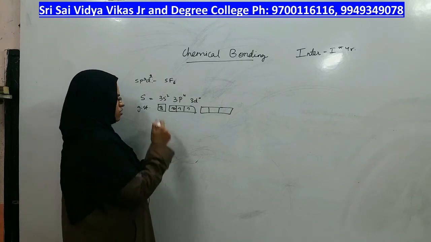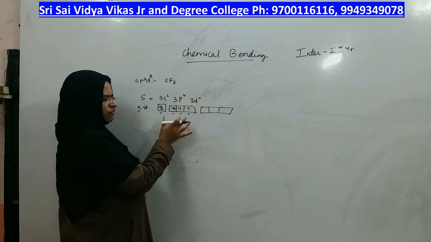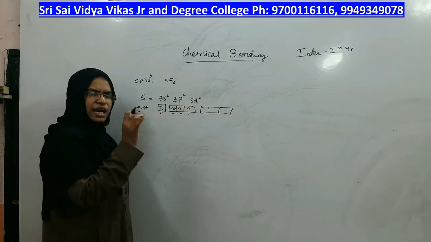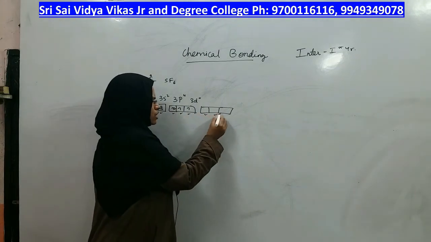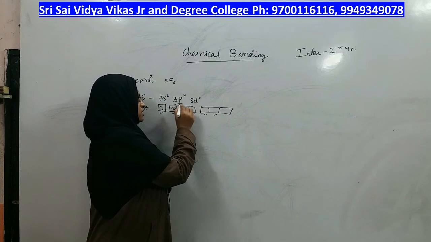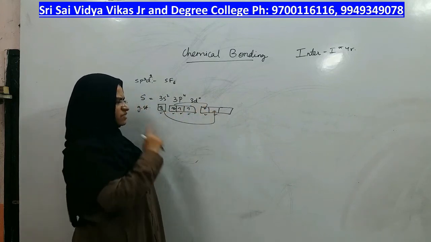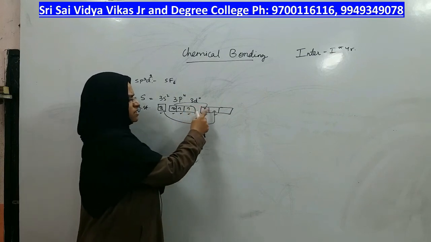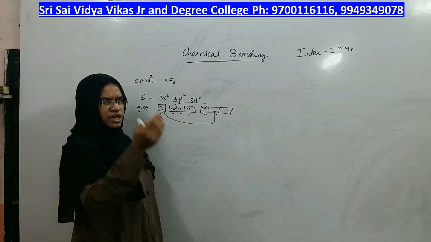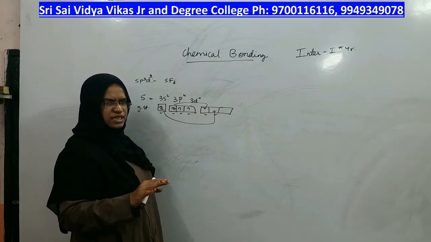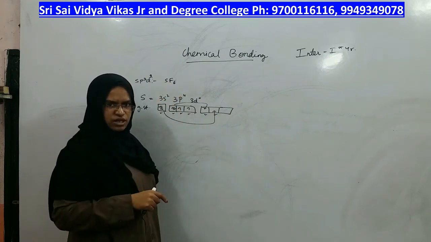Let us look at how many orbitals are present here. 1, 2, 3, 4. Only 4 atomic orbitals are having an electron in them, but it needs 6. So what should happen? These 2 also should be used, in which an electron from here should go here. And if that is taking place, then even these 2 orbitals get one electron each, and all the 6 become equal, and all the 6 after undergoing hybridization can overlap very easily with the 6 fluorine atoms which are surrounding sulfur,